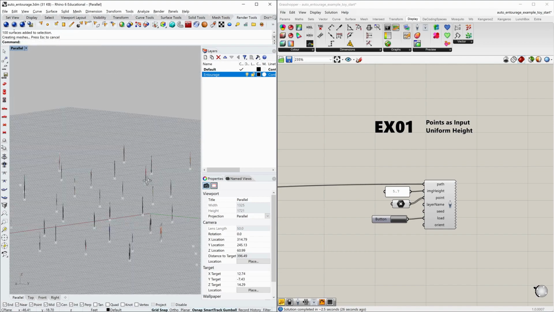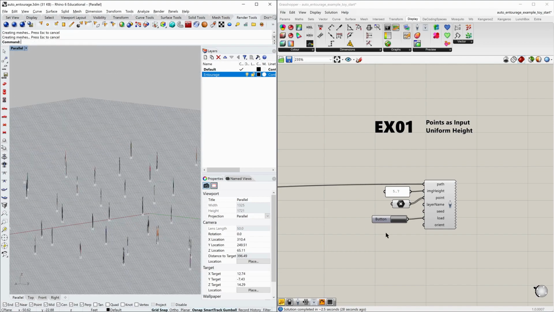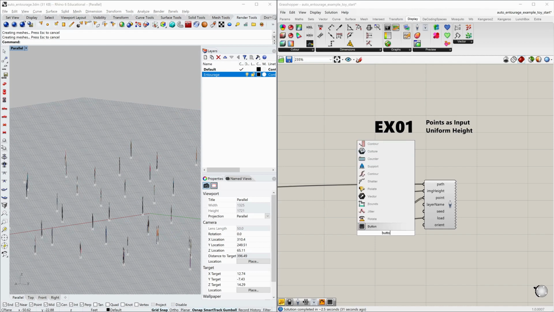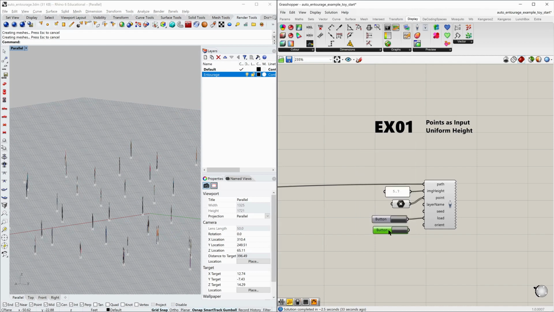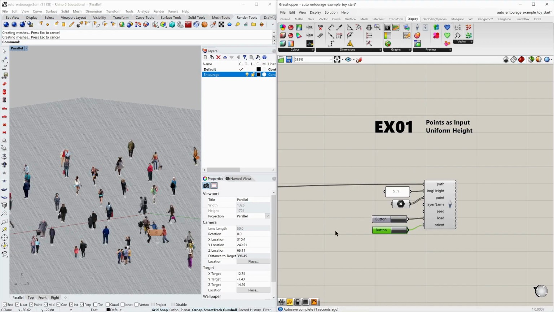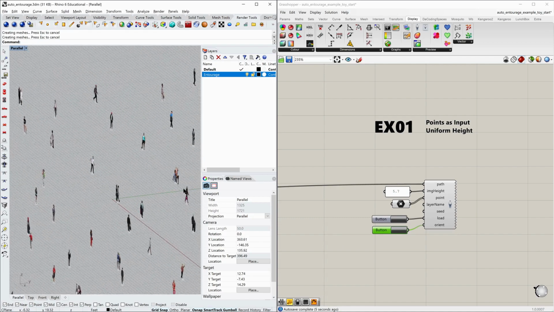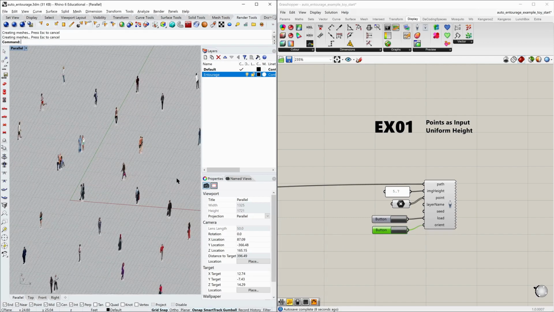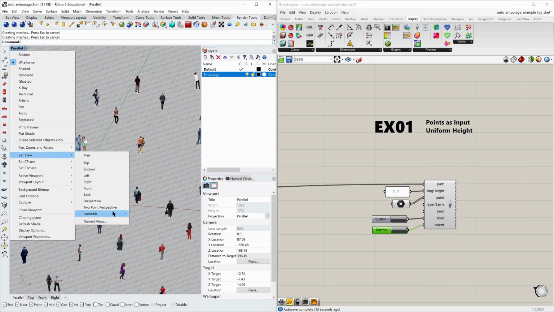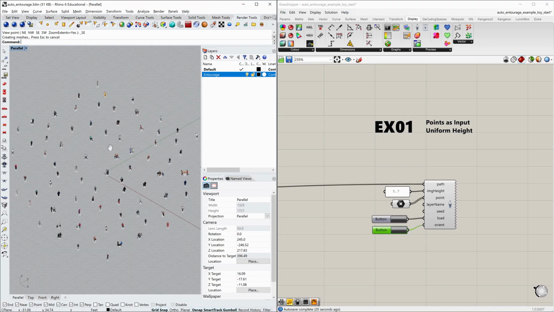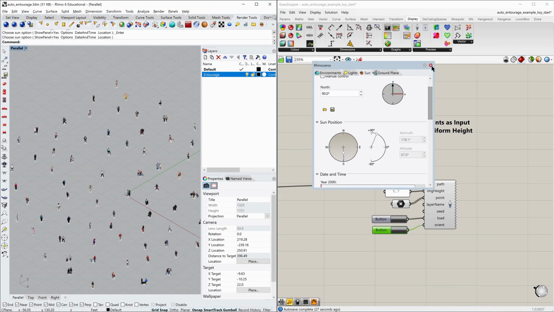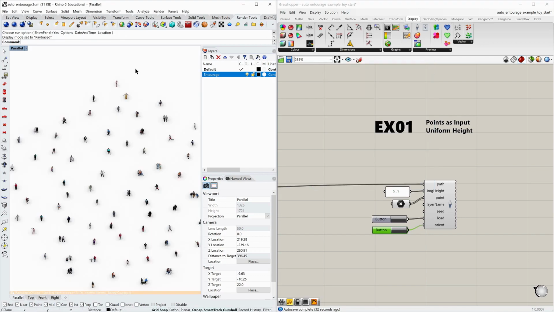Notice that if we rotate our current view, the entourages will no longer face the camera. To realign to a new camera angle, we can simply connect a button to Orient and click on it to update the entourages. Notice that loading is considerably slower, but reorienting is almost instantaneous. Luckily, as long as the parameters are unchanged, we only need to load the image once and we can reorient it as needed. All that's left now is to add some lighting and we can see how our entourages look